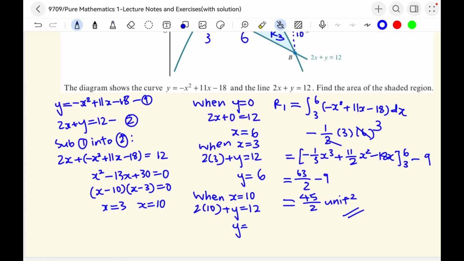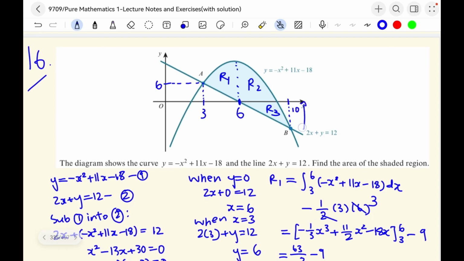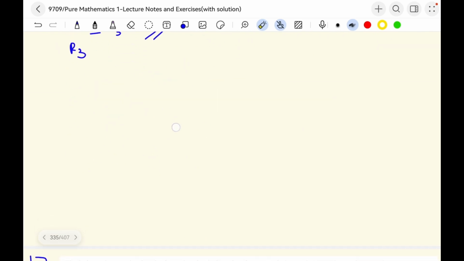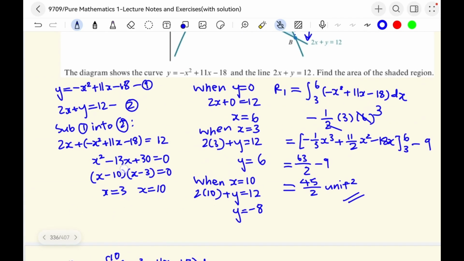It's negative 8, which means that the y coordinate of B is negative 8. So the height is 8 and the base is 4. So the area of the largest right-angled triangle is half times 8 times 4, minus